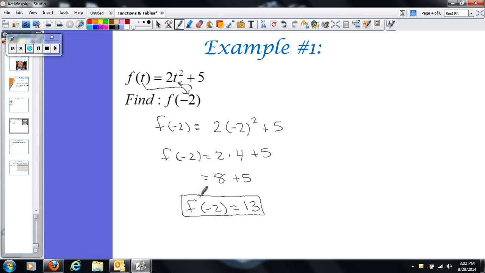So if you're given a function that is in function notation and you are asked to find f of a given number,